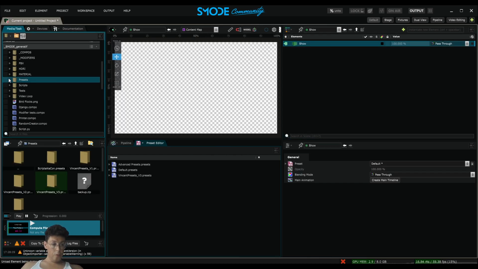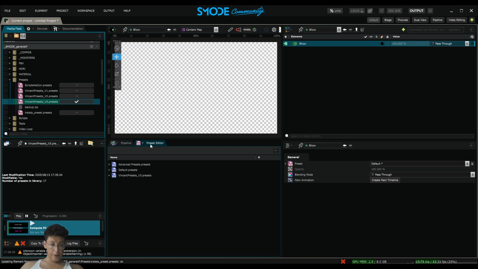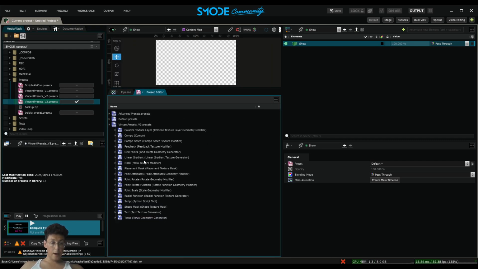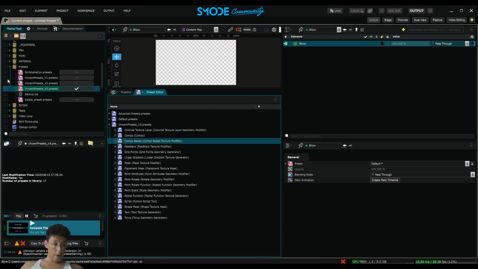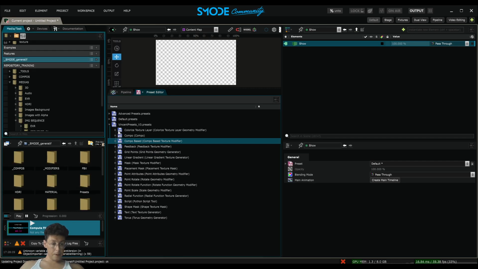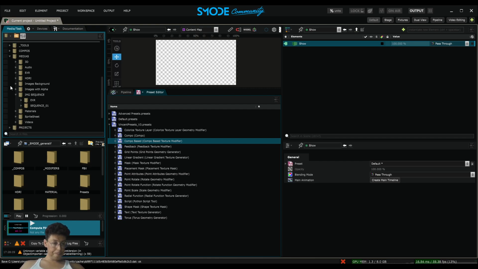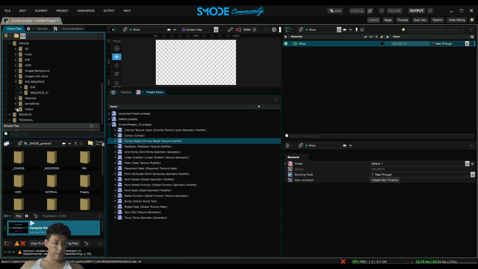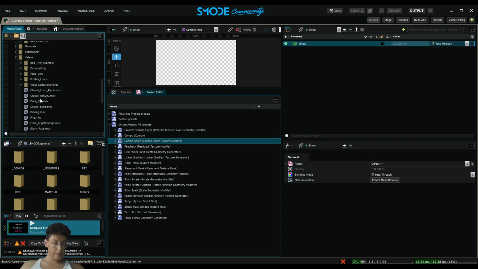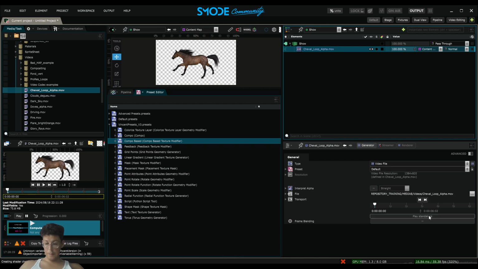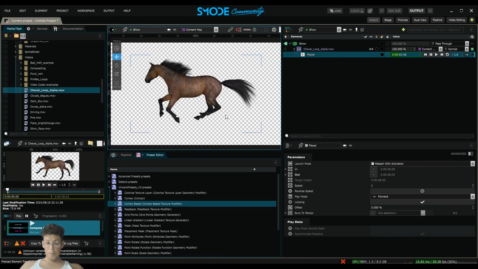And also, if I go into my preset editor, I can see here where the presets are. For instance, I see I have presets in compo based. So let's check those compo based presets. Well, I know there are, but it's just to show how to find them. So I will take a little video to show what that does. Let's take the cheval. Voilà. Hop, play. So in the compo based,